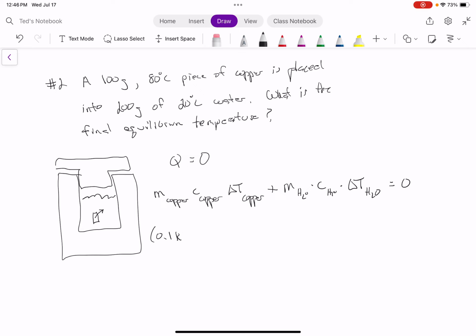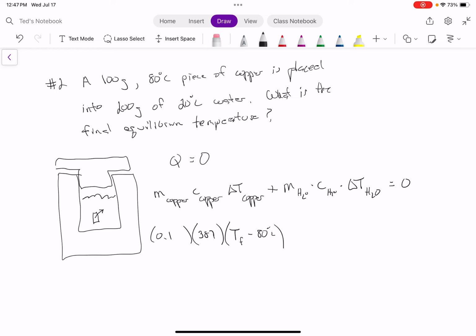All right, so putting in my values, 0.1 kilograms times 387. Okay, I'm not going to put in my units, but units will cancel if we do it correctly. Times the change in temperature. Now, the change in temperature of the copper is final minus initial. So it's going to be my final temperature minus 80 degrees Celsius. And since my final temperature is going to be less than 80 degrees, that should be a negative number,